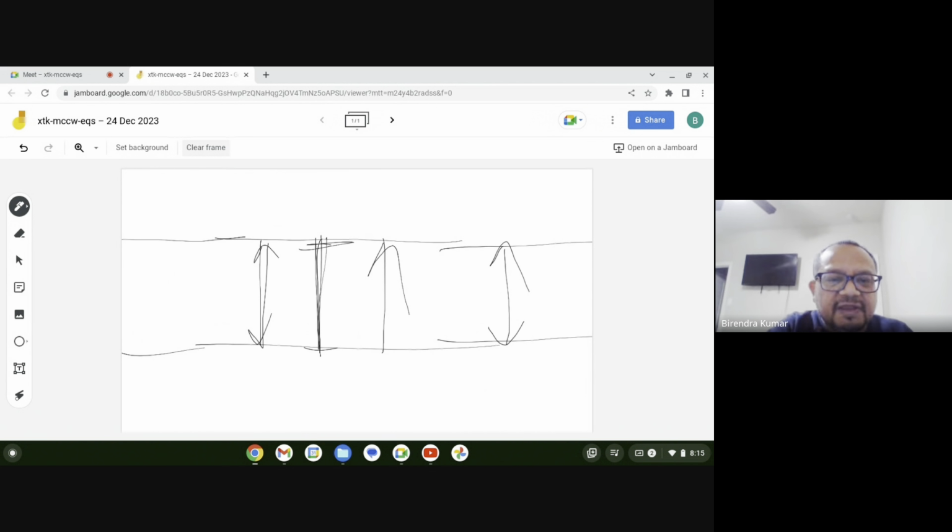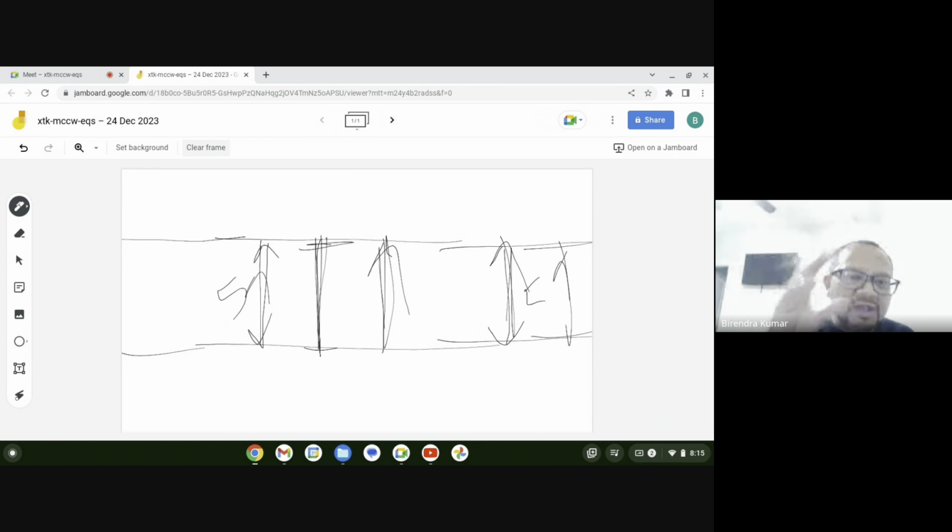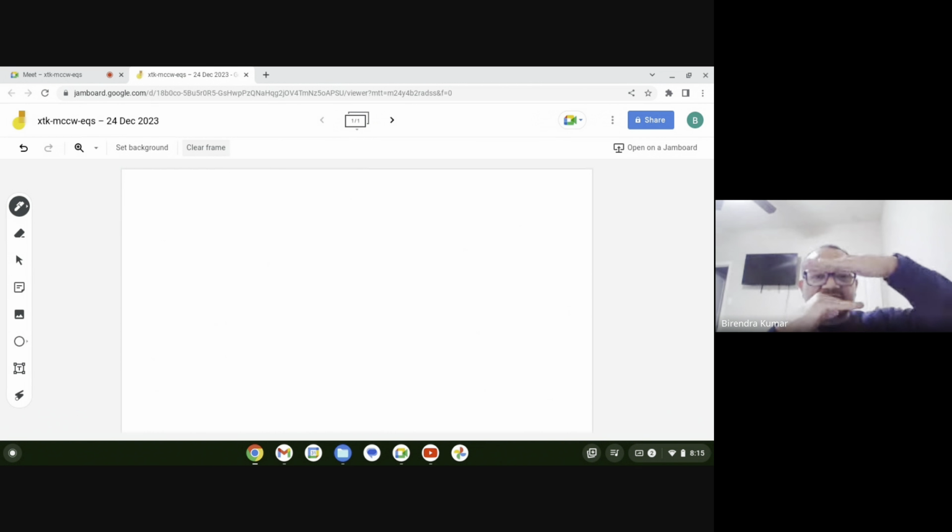So here, if it is 5 centimeter, here also it will be 5 centimeter. Here also it will be 5 centimeter. Even if you go two more miles further, it will be 5 centimeter. Meaning parallel lines are a pair of lines where the perpendicular distance between them remains the same and they never touch each other. What is the difference between a square and a rhombus?